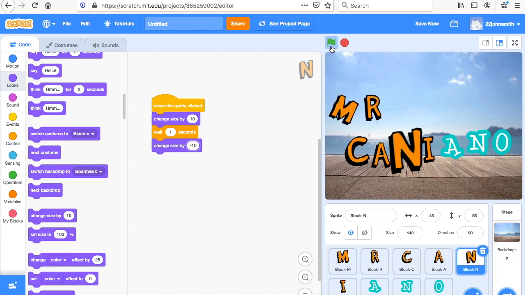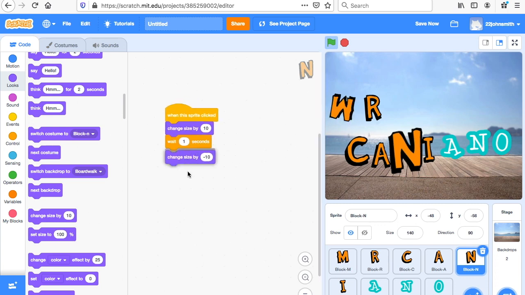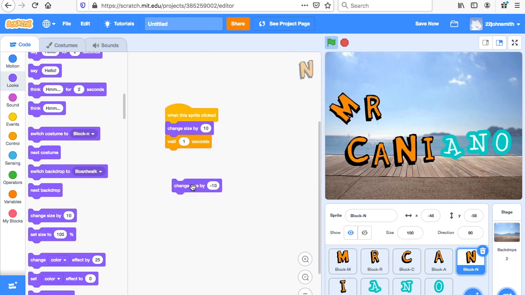So then what happens is it changes. Oh, wrong one, I'm sorry. And then I could click it, and then it goes back down to size. And if it gets too big and it gets stuck, you could just do this and get it back down to size first. Okay, so now when I change my code, he's going to get bigger when I click him,